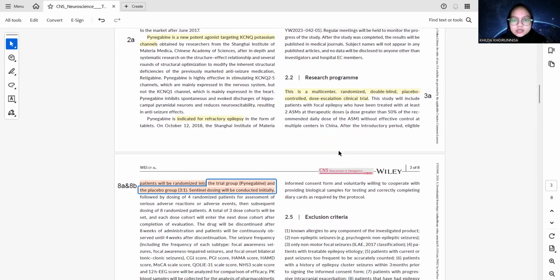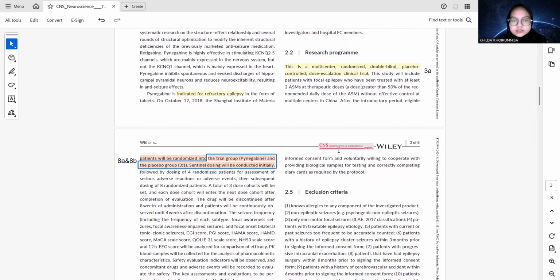Next, statistical methods. CONSORT requires a clear explanation of statistical methods. In this protocol paper, no details are given about statistical tests, handling of missing data, or subgroup analysis.